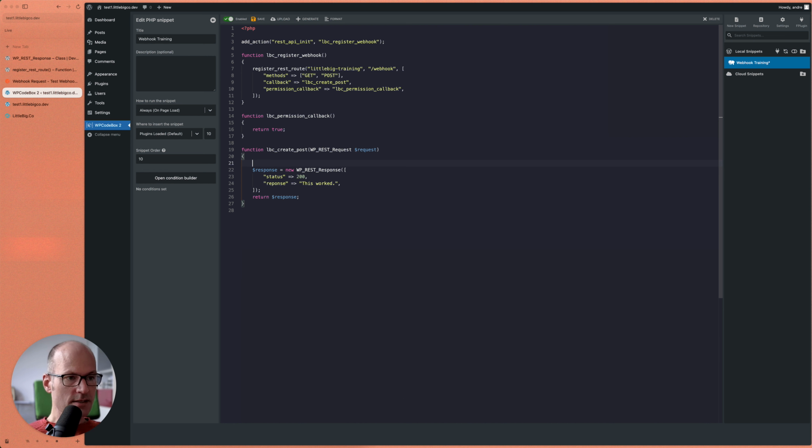In this case, let's just check if the request, and the request is an object, and this object has a method which is called get methods, I think it's called, right? So if that is a get,